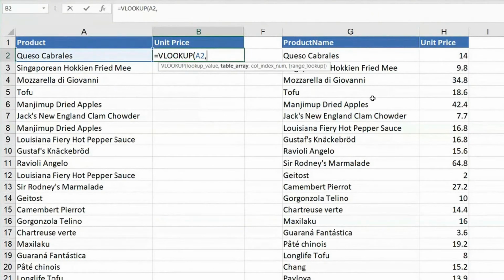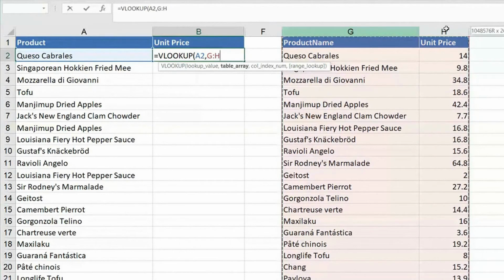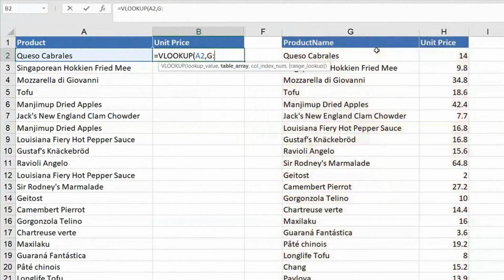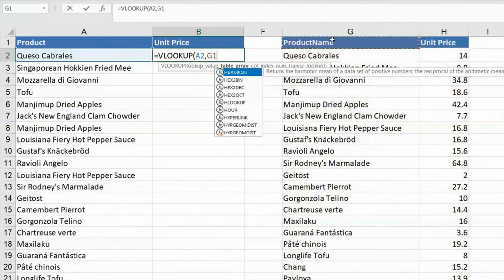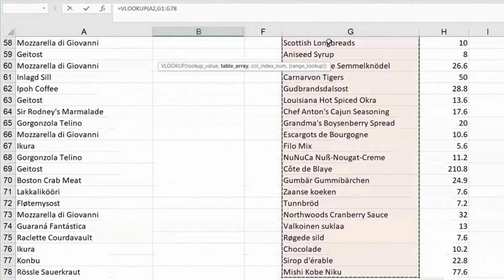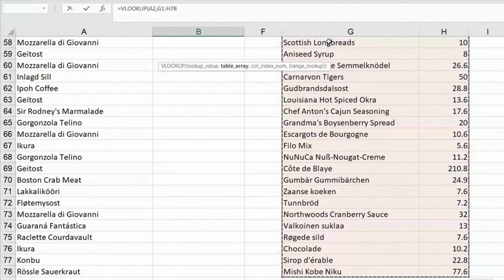G and H. There are 2 ways to handle this. You can click the whole column G and H. This is the easiest way. But I told you one condition: don't take the full column, take only the range. So how should you pick only the data? I can click on the first cell and use the shortcut Shift Control down arrow, Shift Control right arrow, or you can also drag if you are not aware of these shortcuts.